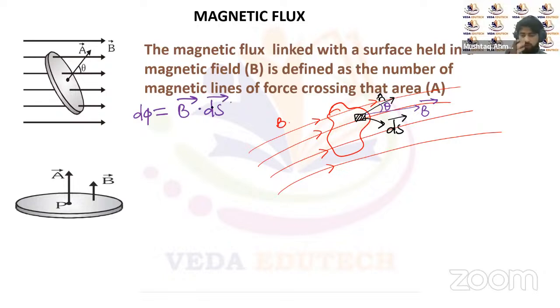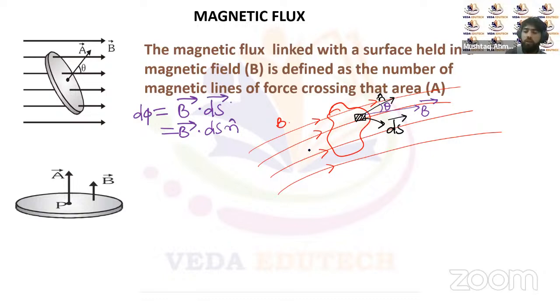Magnetic field vector with respect to this ds vector, or we can write this b vector dot ds vector as magnitude ds multiplied by the unit vector associated with this area vector, that's n cap, right? So this is how we can represent a flux through this area element ds. This is the flux through this area element ds. And if you want to calculate the flux